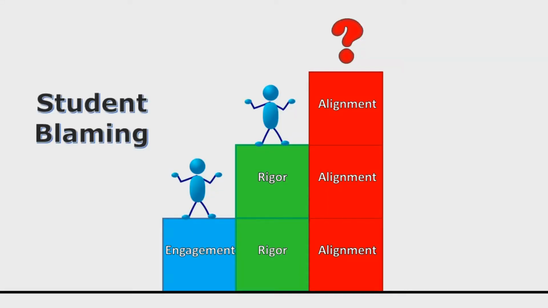Now this creates a very, very serious problem sometimes. Because if I've been told as a teacher that everything I'm doing is great, I've been tweeted about and retweeted and liked, but my students still aren't successful, then that can create a culture of student blaming, a culture of those kids. I mean, if I've been doing a great job all year long and they aren't successful, then it must be that those kids just can't be successful. That is a huge problem, and this is the wrong model for lesson development.